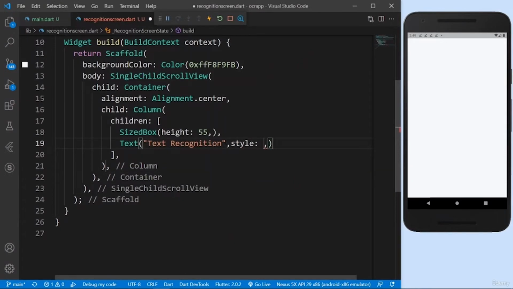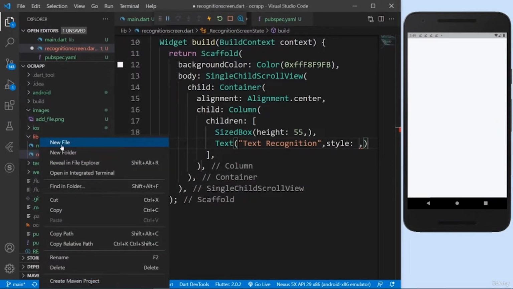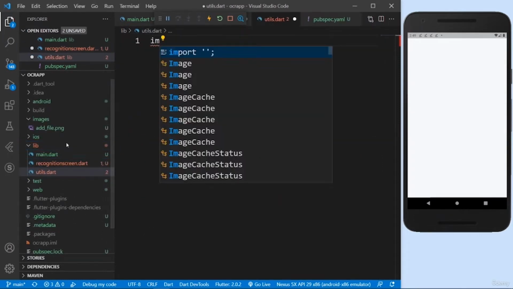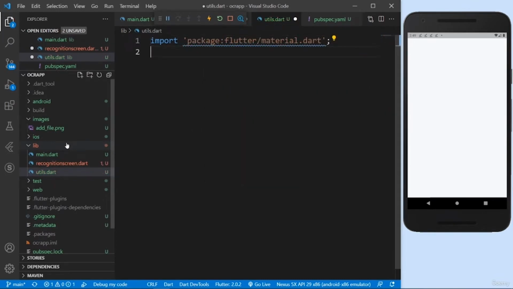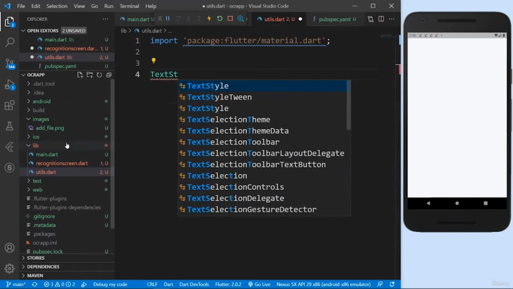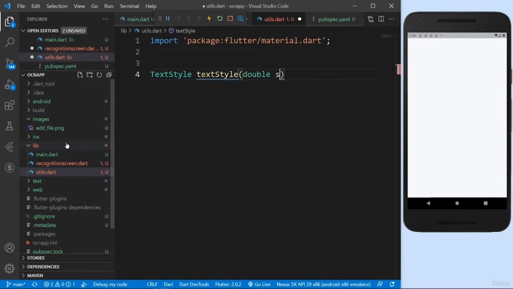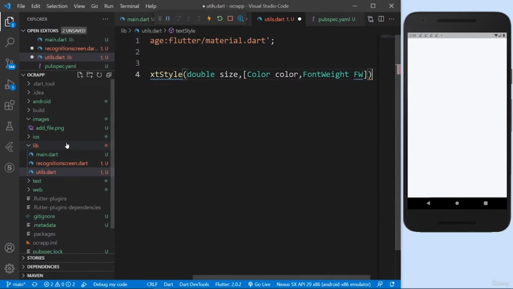Let's actually give some styling. Let's create a text style function so that we can easily call it from anywhere we want. So let's create a new file named utils.dart where we'll have all our utils. Let's import Flutter here, material.dart, and let's create a function which returns a text style. So I'm going to say text style. So it's going to take in a double font size. So I'm going to say double size, and then as optional parameter, it's going to take a color and a font weight, so how bold it is. So font weight FW,